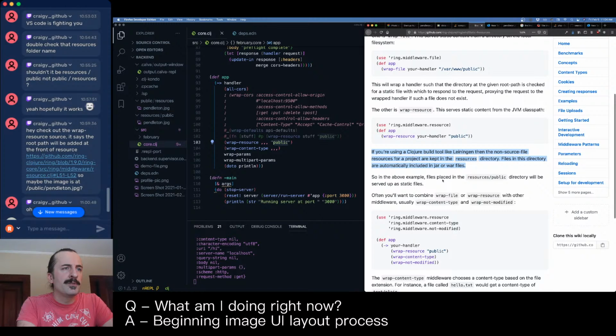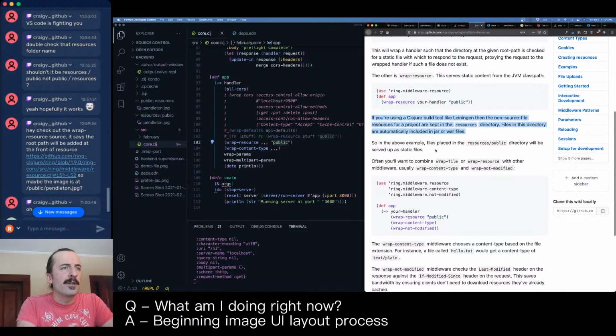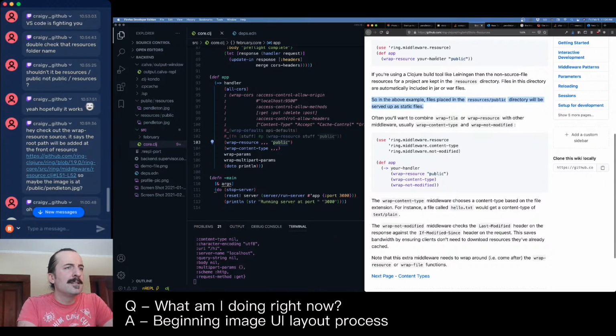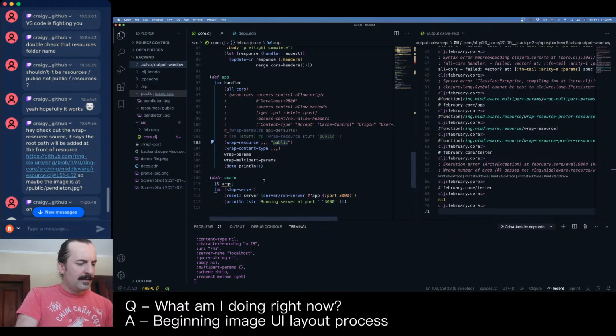If you're using a Clojure build tool like Leiningen, then the non-source file resources for a project are kept in the resources directory. A file in this directory is already included in your jar or war files. Public. And just for the sake of experimentation here,